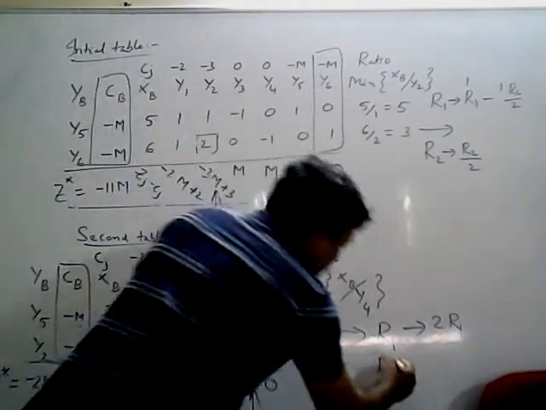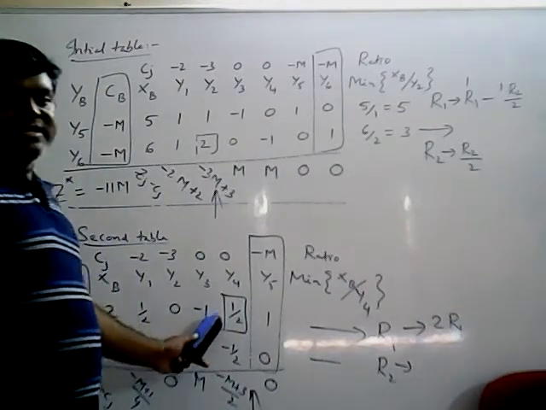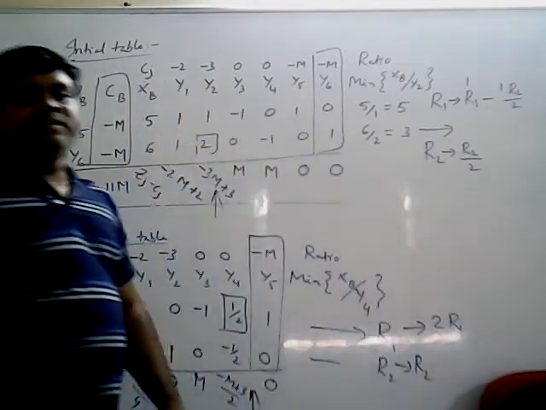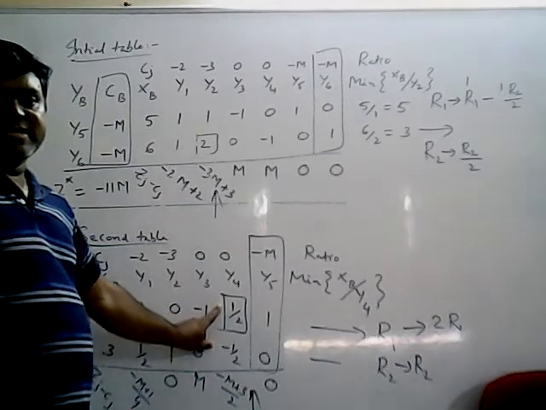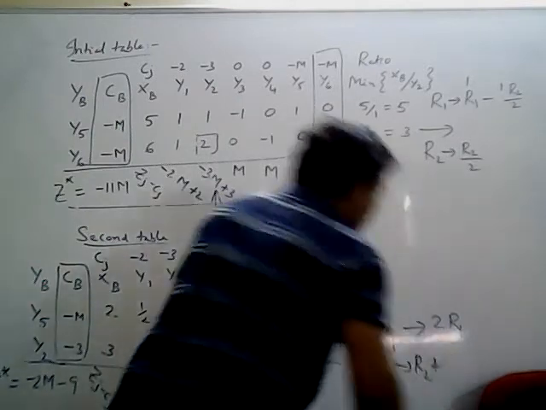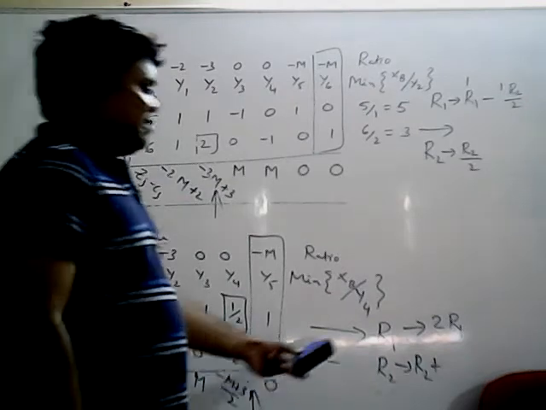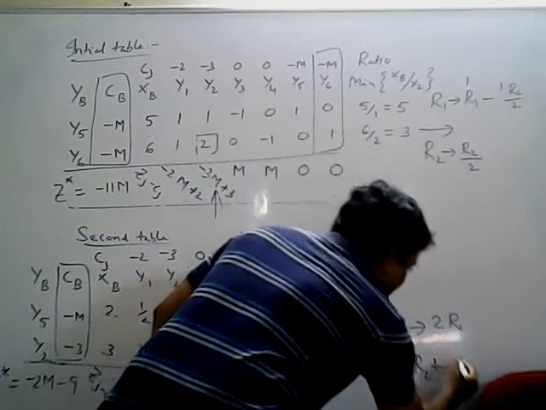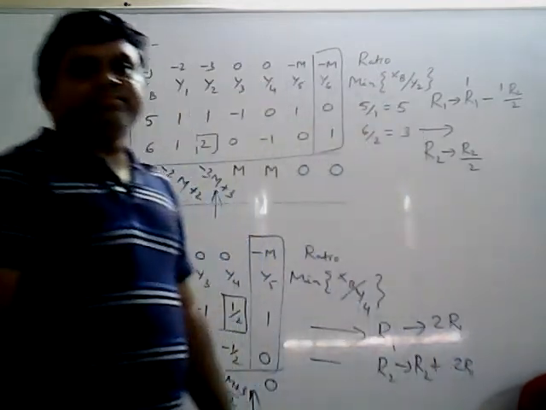Okay. Next, the R2 operation you have to write. As I told you, the key element is in the first row, so R2 is as it is. Now, same signs, put minus. Opposite signs, put plus. Now these are opposite signs, so plus. Whatever the key element operation is, that should be copied. The key element operation is 2R1, so copy 2R1 here.